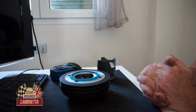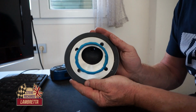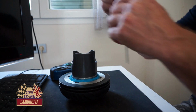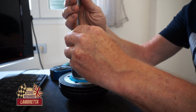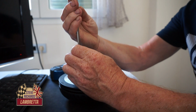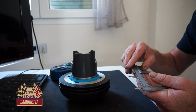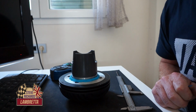Okay, here's the trick. We put a little edge of plasticine around where the piston sits. Piston still fits inside all the way to the bottom. Now what we have to do first is measure the piston as it sits completely at the bottom. Okay, and that gives us 68.8. So write that down. So we've got 68.8 mil,